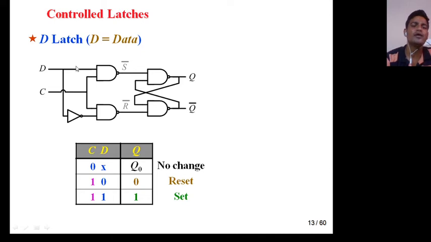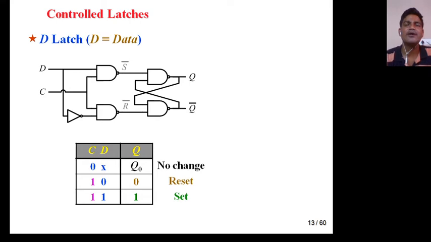If S equal to 0 and R equal to 1, this is the reset condition. In reset condition we get output 0, so it is 0. When D equal to 1, this is 1, this will be 0. 1 and 0,